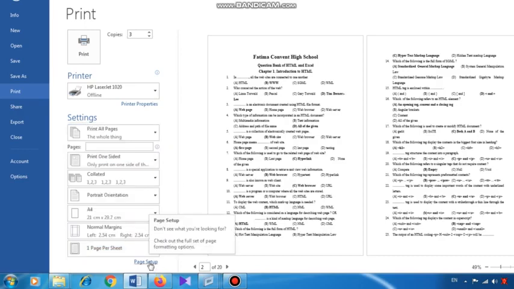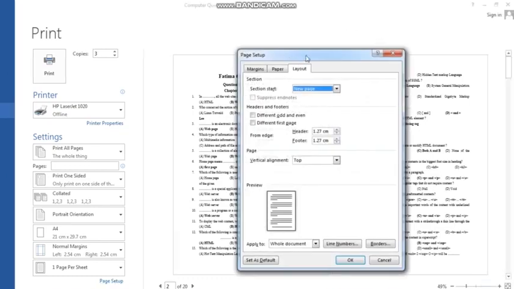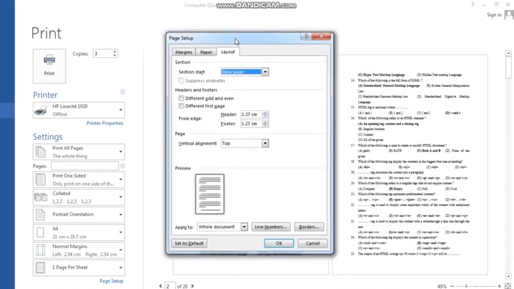Then we come to the page setup dialog box, which is the last topic of this video and this chapter. And before I teach that, I clarify one thing, why I am teaching you this topic using Microsoft Word, even though in your textbook it is given OpenOffice.org Writer.